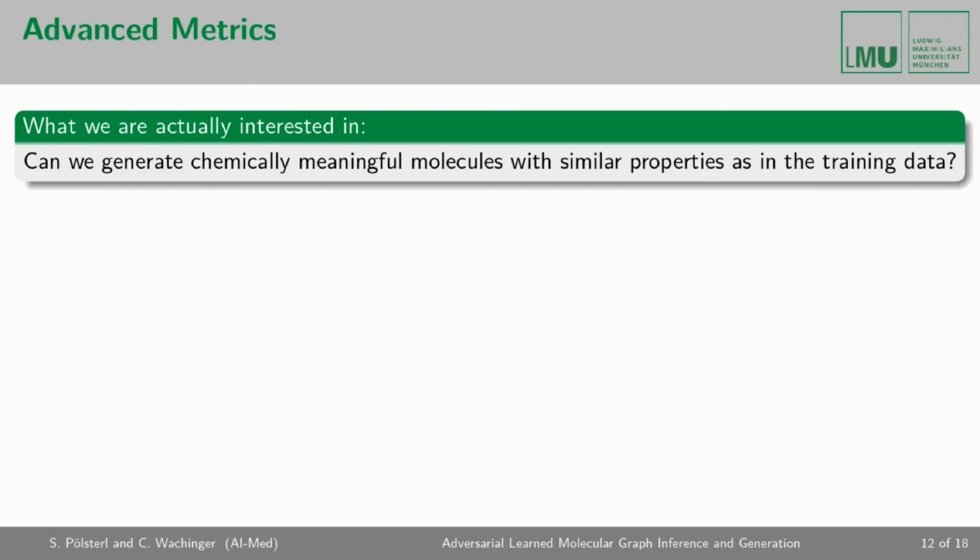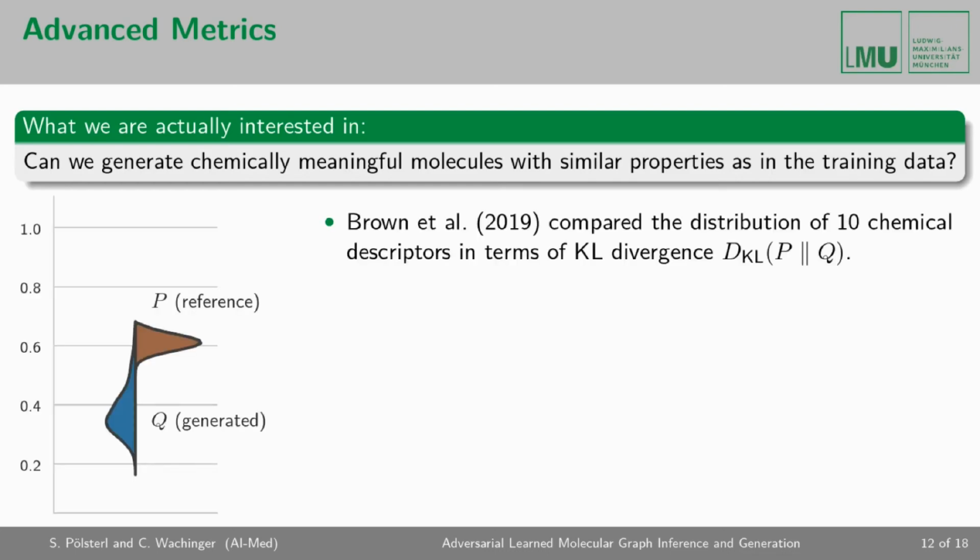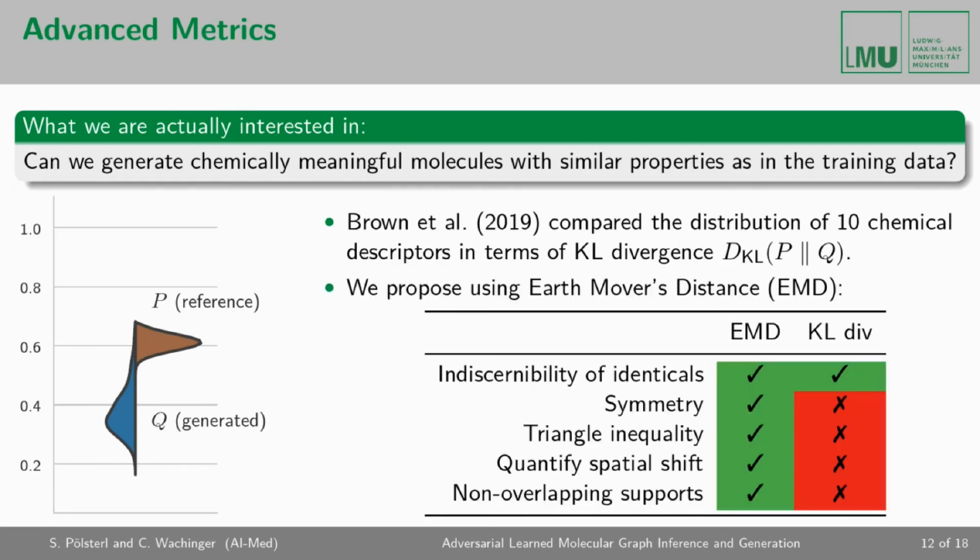So let's take a step back and think about what question we actually want to ask during evaluation. We want to know whether a model can generate chemically meaningful molecules with similar properties as the molecules in the training data. This has been acknowledged by Brown et al., who proposed to compare the distribution of 10 chemical descriptors in terms of KL divergence. Unfortunately, the KL divergence has some issues, and we propose to use the Earth Mover's distance, also called Wasserstein distance,